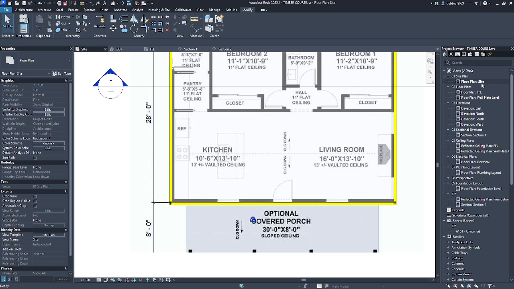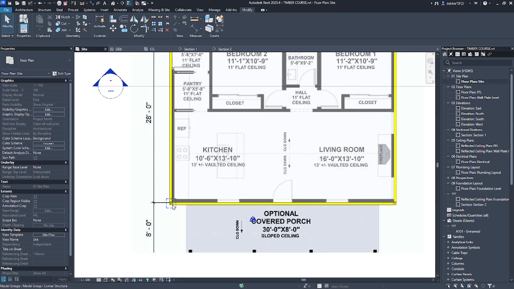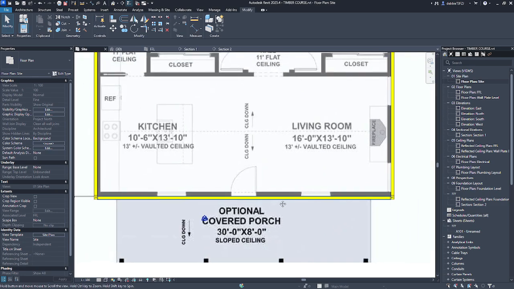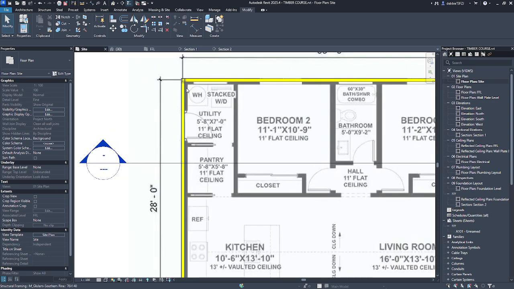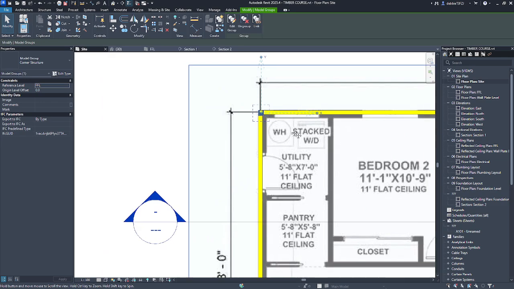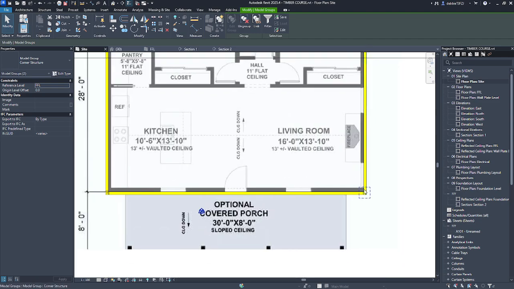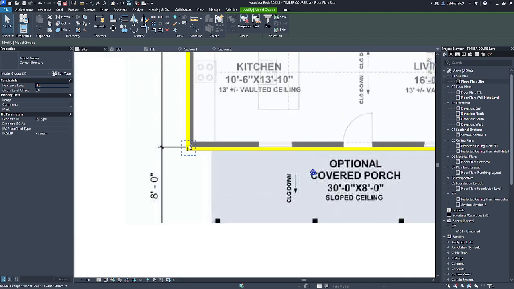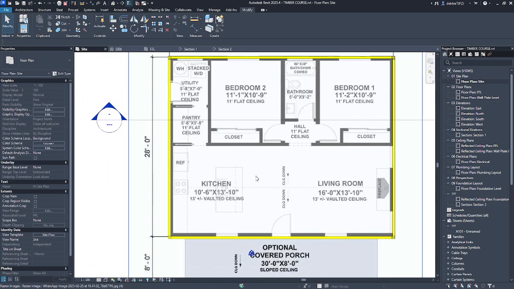Now we need to make sure that, according to table 12, this size of timber can't be spaced over 600 millimeters center to center. So what we're going to do now is ungroup them, because they won't be leaving their positions.